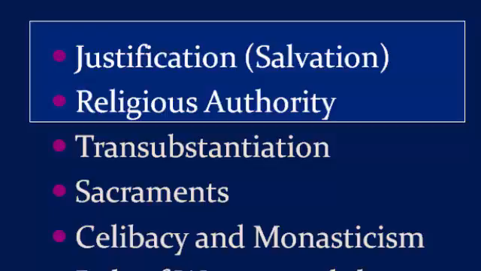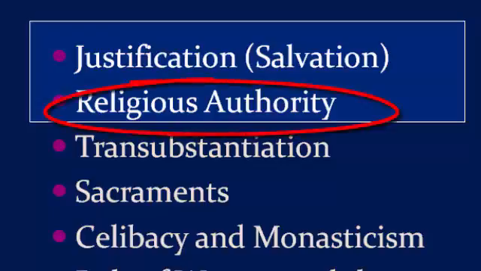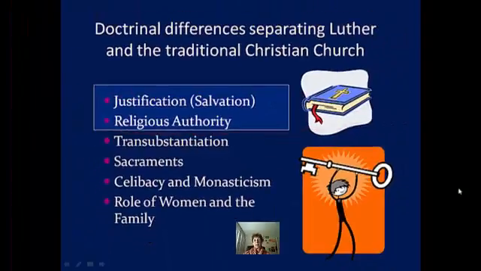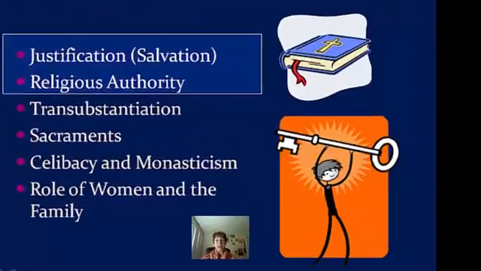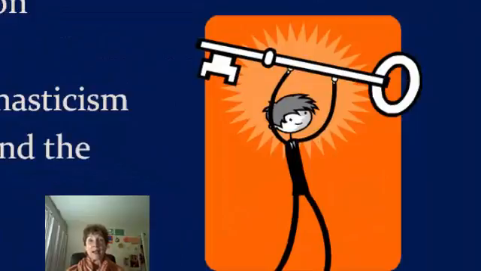But perhaps the most important one, the one that made the movement permanent, was this one. So, who has the authority in the church? Well, the traditional church had always said the Bible is the authority, but it is the Pope, the one that has the keys. Remember, the keys to the kingdom of heaven. Remember, we talked about that early during the formation of Christianity. So Martin Luther very clearly said only the Bible is the authority,